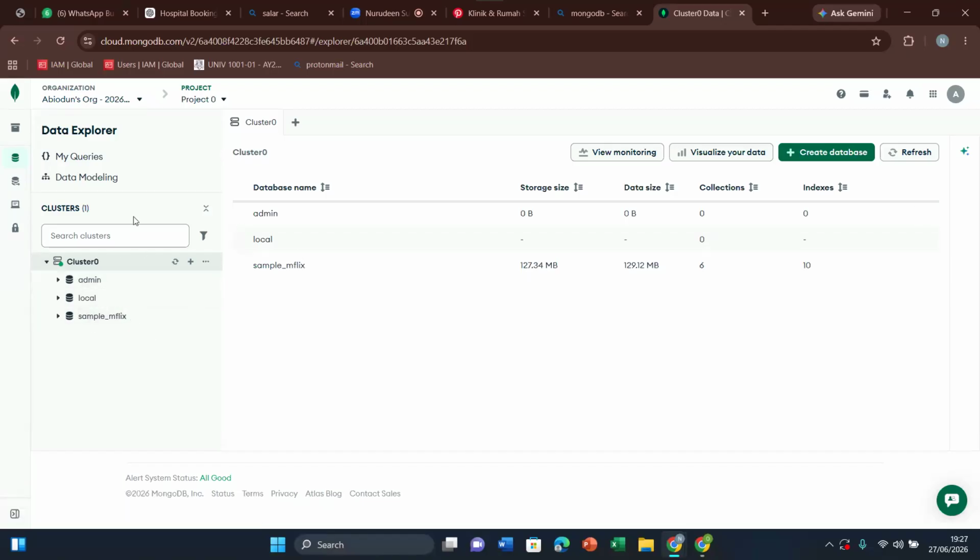So it's still not showing the database. The database is still not showing here, but it has connected. The database is connected already. So this is how you will know that your database is